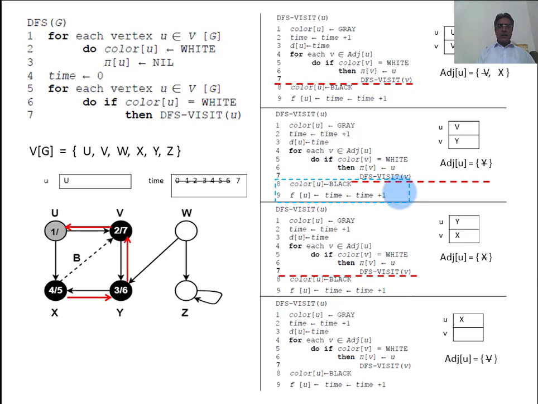Here, at this stage, the value of u is v, so the color of v has become black, time is incremented from 6 to 7, new value of time is 7, and the final time of v is 7, as you may see the denominator is 7.